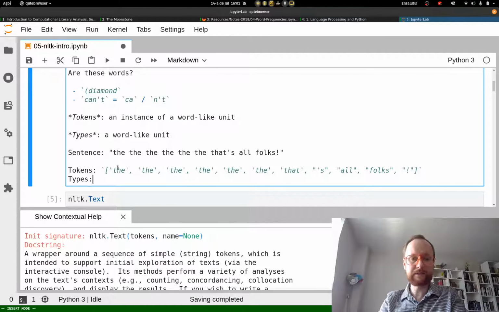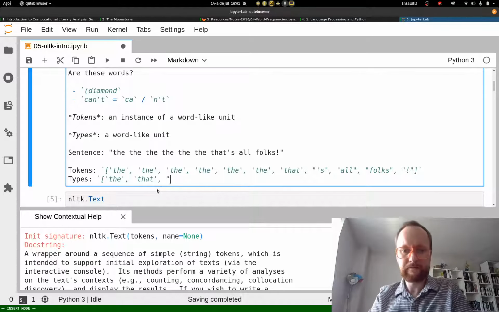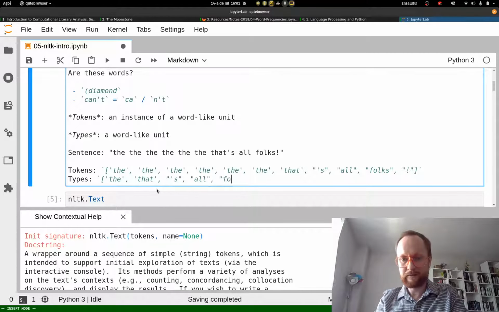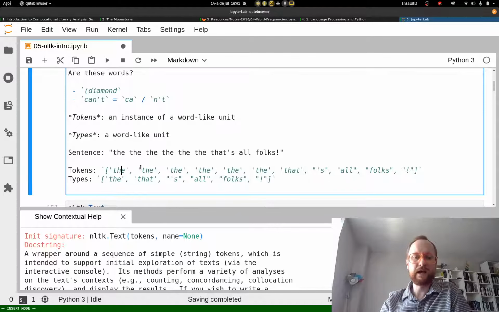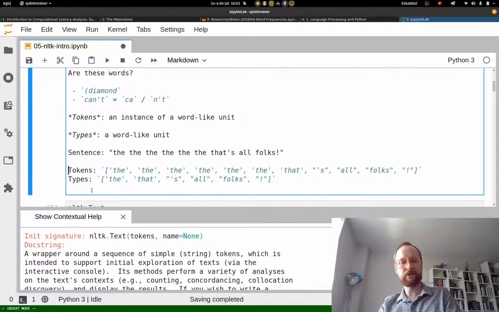However, types is the set of all of these. So for types, we would only have the, that, the apostrophe S, the all, folks, and the exclamation mark, because we're not counting all of the times that the appears. However, if it appeared in a different form, we would count it twice. So that's tokens